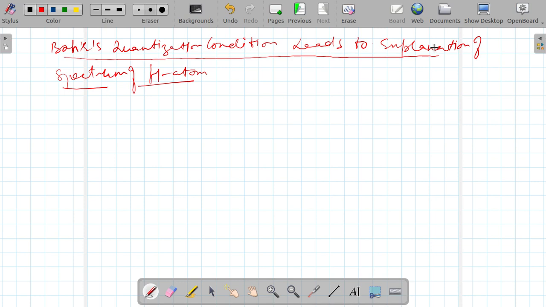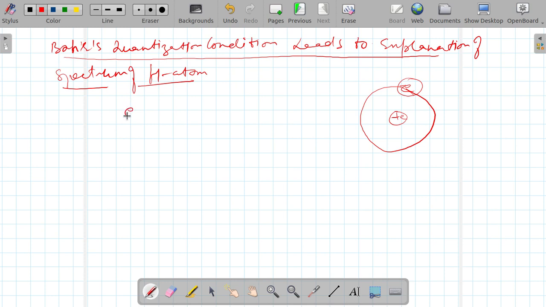Now, since the electron is revolving around the nucleus under the influence of Coulombic force, this is the nucleus and this is the electron. So for the hydrogen atom, one proton is sitting here, so the charge on it is plus e and minus e charge will be here. There is a Coulombic force, and the Coulombic force is balanced by the centripetal force. So that means